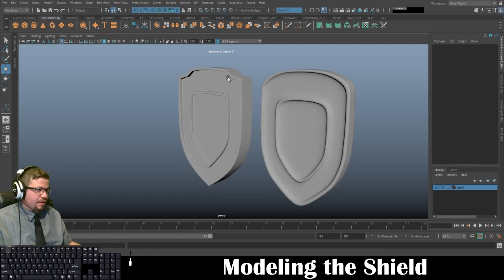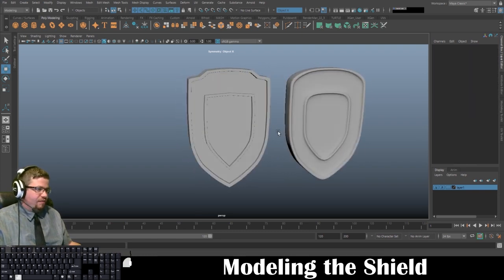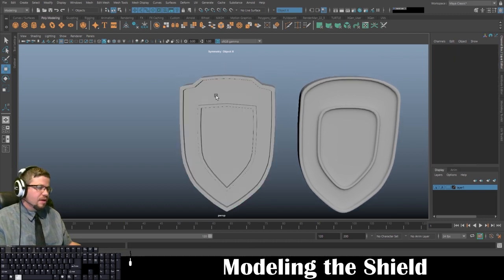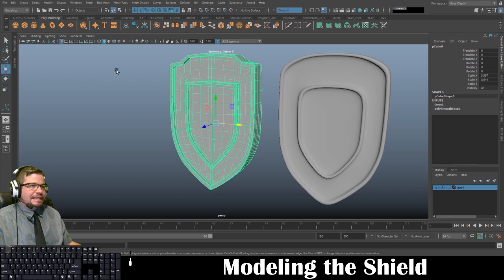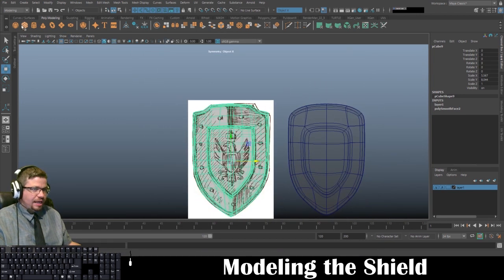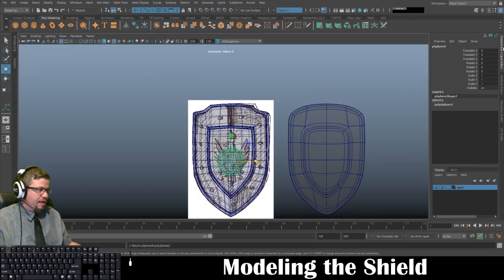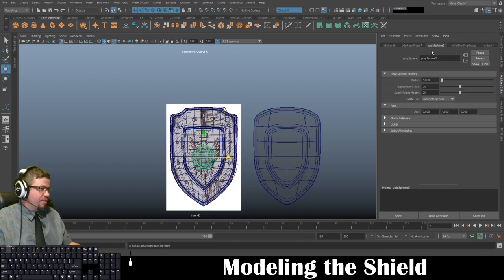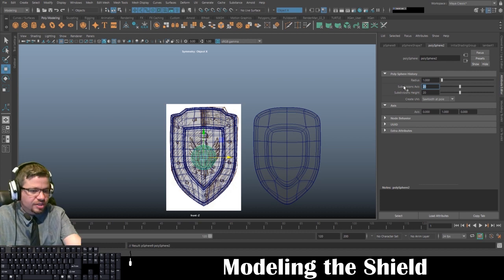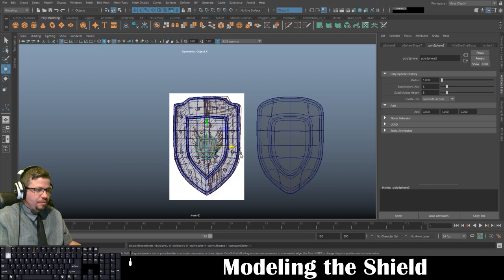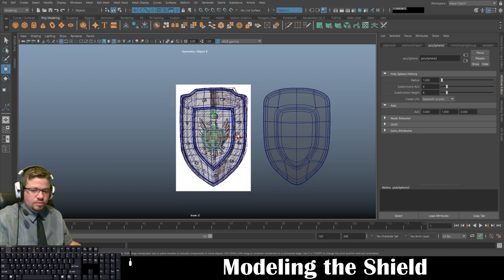Now that I've got this far, and I've added the geometry in, I'm still not done with the actual physical model. I'm going to create a polycylinder, or polysphere, excuse me. I'm going to go to polysphere 2 in here, and I'm going to change this to 8 and 8. Yours may say polysphere 1, and I'm going to change this to